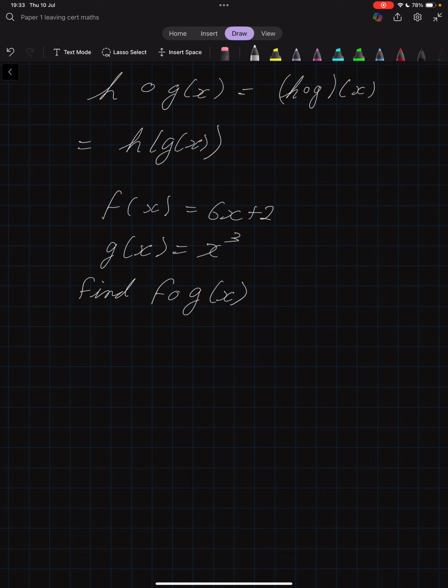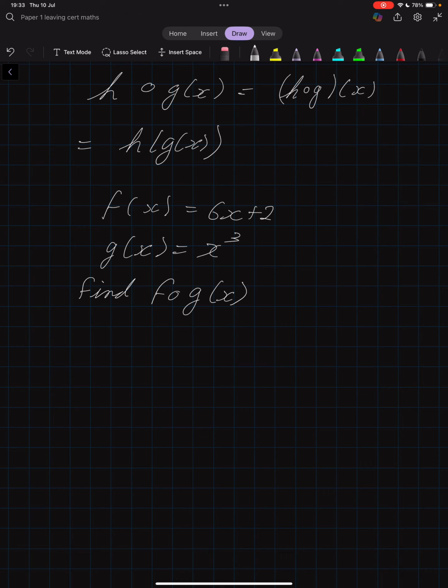Like that. Okay? So that's if you do g first and then f. But what happens if you do g and then f? So again, this is equal to g of f of x, which is going to be f of x cubed. Because remember, g gets what you give it and cubes it. So in this case, I'm giving it f of x and therefore it cubes f of x. So this is equal to 6x plus 2